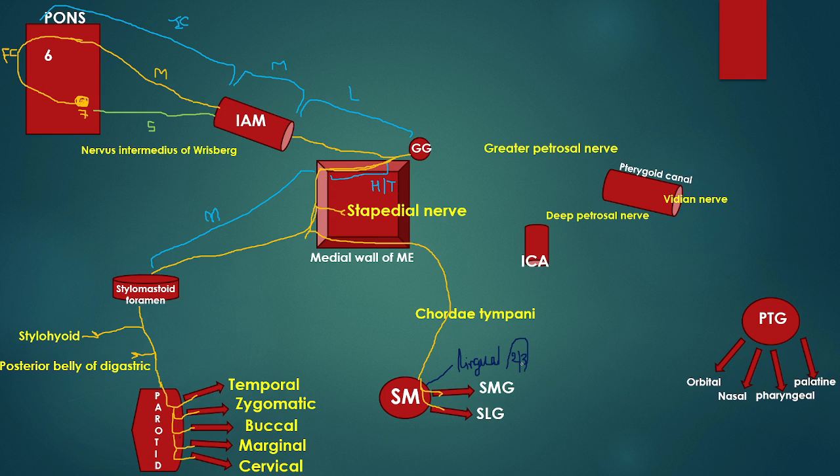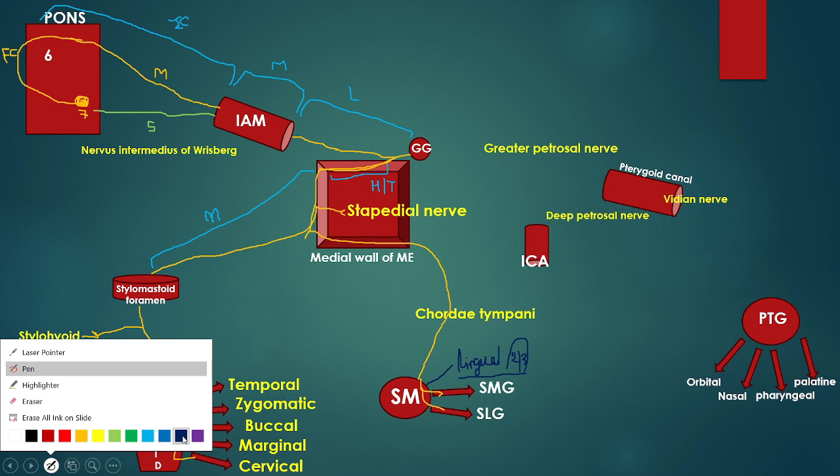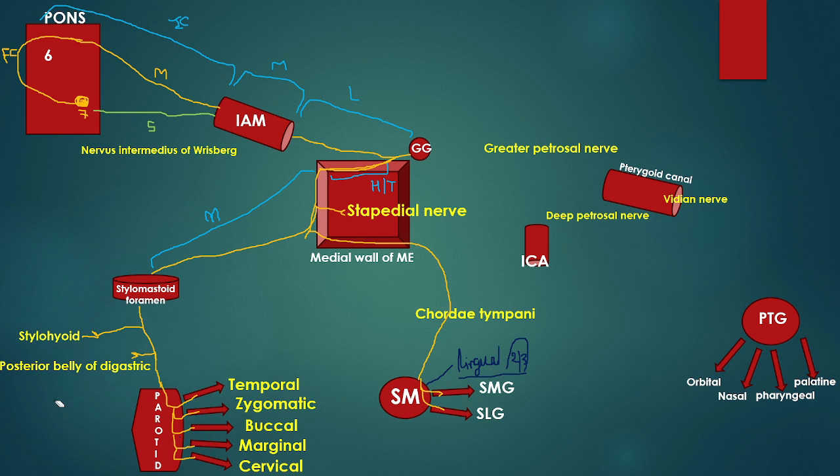So the taste sensation of the anterior 2/3 of the tongue is done by the chorda tympani branch of facial nerve, while the sensory part is supplied by the lingual branch of trigeminal or the fifth cranial nerve. Just remember this point. So this lingual branch is a branch of what? Mandibular branch of trigeminal nerve. So if you want that video, just after this, watch that video to understand the whole fibers of the trigeminal nerve. Okay. So now this chorda tympani nerve supplies the taste sensation to the anterior 2/3 of the tongue, and then it gives parasympathetic fibers which supply the submandibular gland and the sublingual gland.